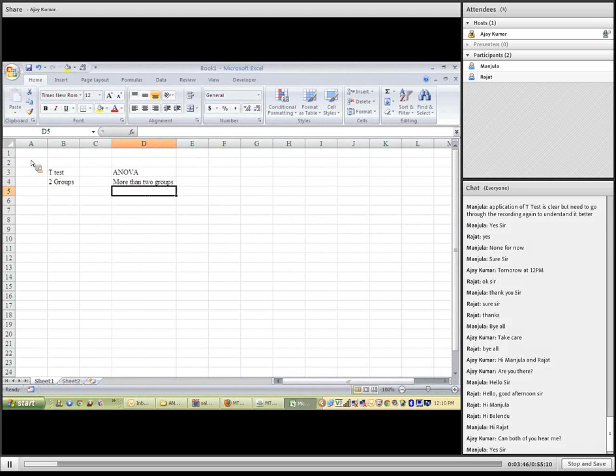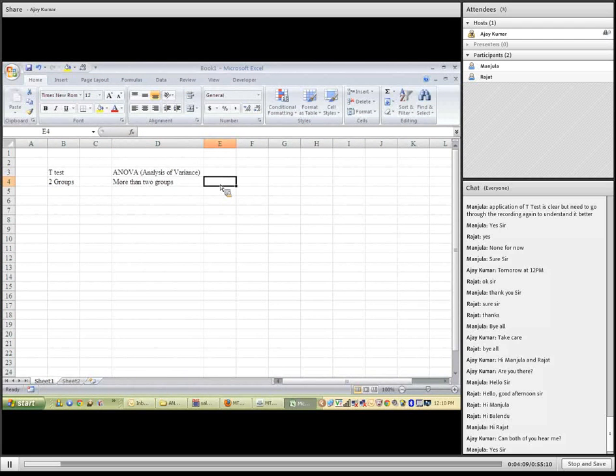The t-test is used only when you have two groups, but when the groups increase to more than two, or we have multiple groups, then we go for ANOVA. ANOVA is a short form of analysis of variance. T-test uses the t-statistic. If you can recall yesterday, we can check the significance level of any test in two ways. One way is to look at the value of t that we calculate from the data that we have collected,